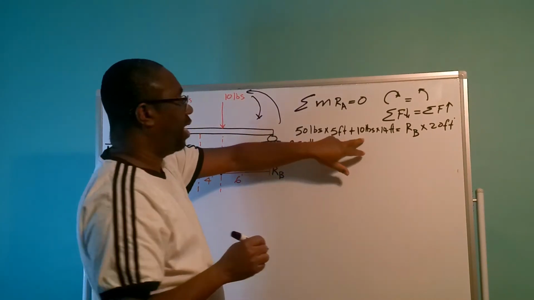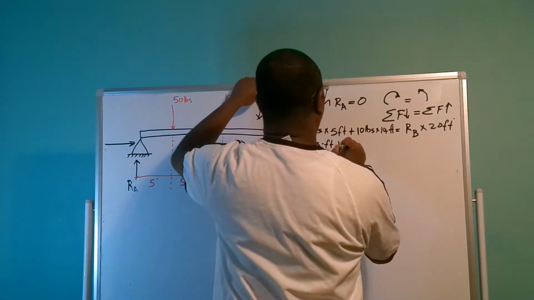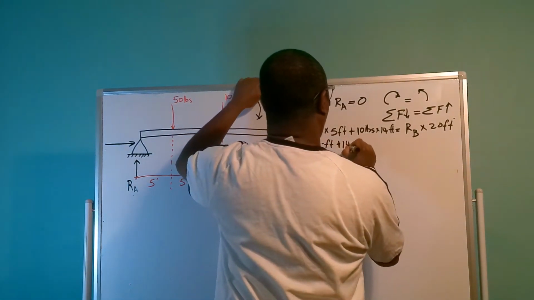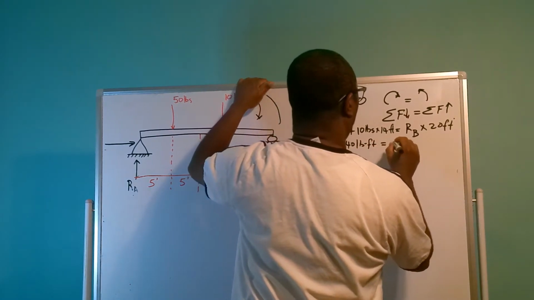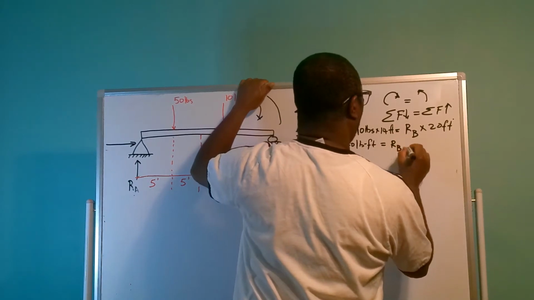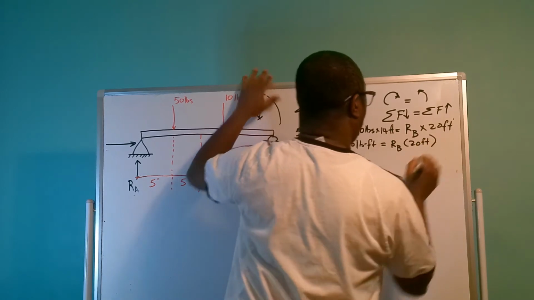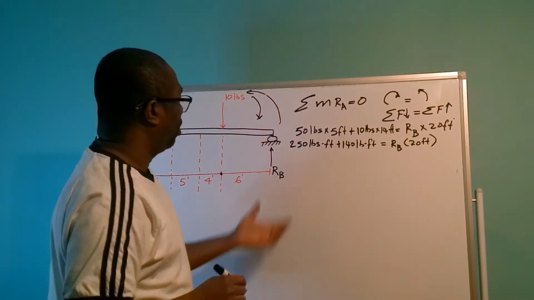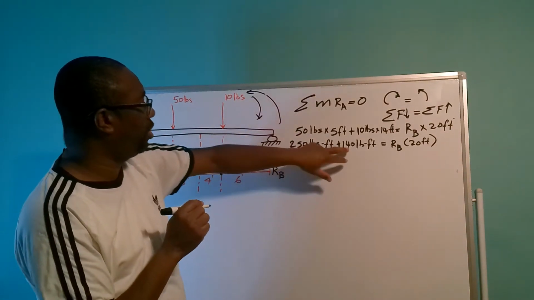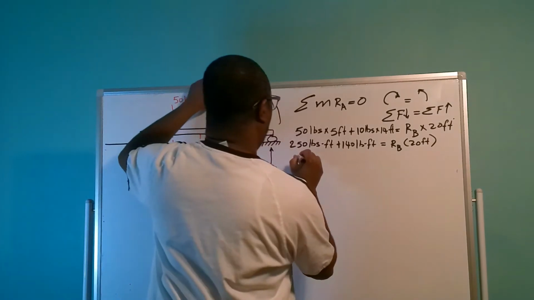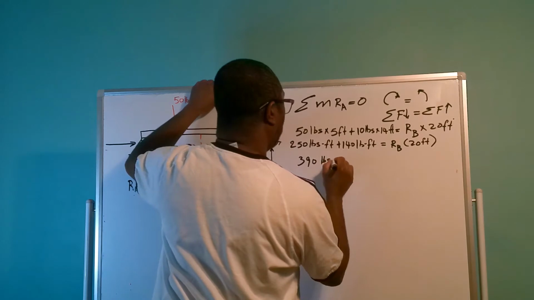Then we have plus 10 pounds times 14 feet, 140 pound-feet, equal to RB times 20 feet. So if we add this 250 pounds plus this 140 pounds, we're going to end up with 390 pound-feet